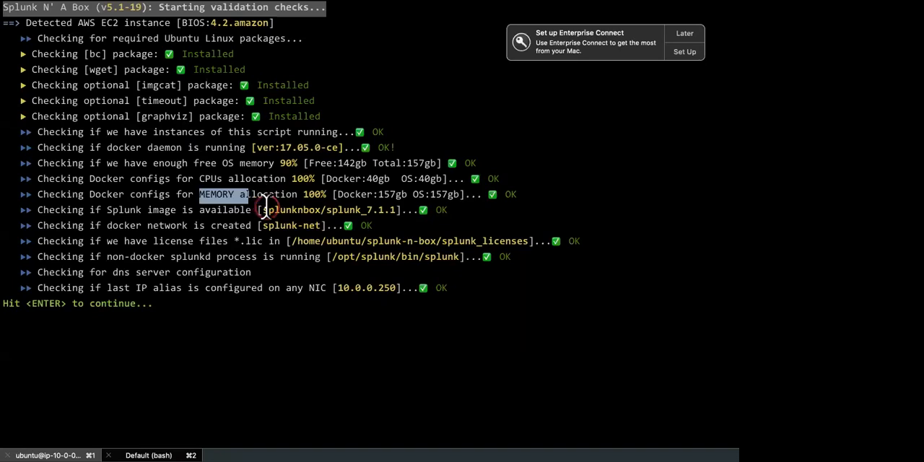It'll also check for a Splunk image. You must have that. If you don't have it, it will download it for you. We'll also create something called the internal Docker network, if you're familiar with Docker, which is used to set up communication between container to container. I call it Splunk-net. I do check for Splunk license, and if they're not valid or expired, you'll see an error